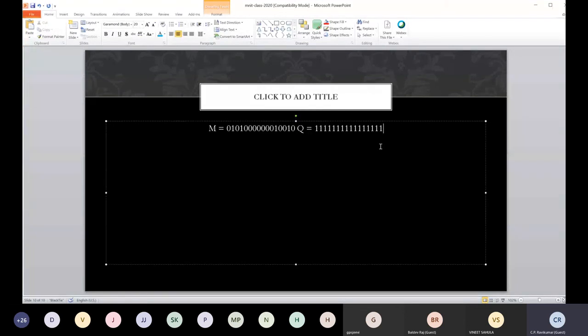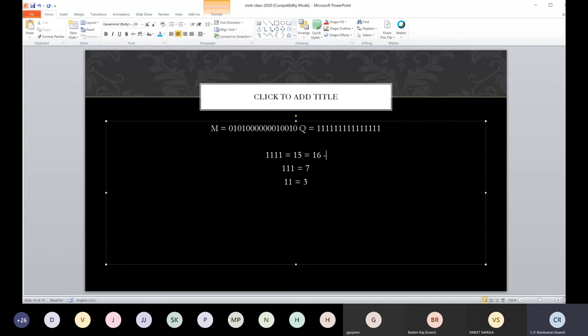What he said is, if you remember, right? If you have a number like this, it represents 15, isn't it? If you have 1, 1, 1, it represents 7. If you have 1, 1, it represents 3.